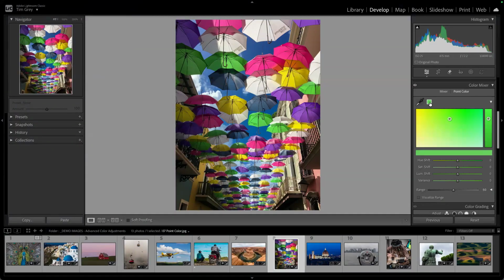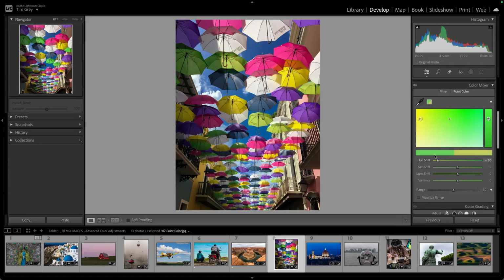So hopefully there's not more than 8 colors for the umbrellas here. And then I can shift the values. And so I can shift the hue, the saturation, and luminance. So it's literally the same HSL controls that we saw with our mixer under the color mixer. It's just that we are applying not based on Adobe's definition of a color, but by our definition of a color. And so I can shift the hue,